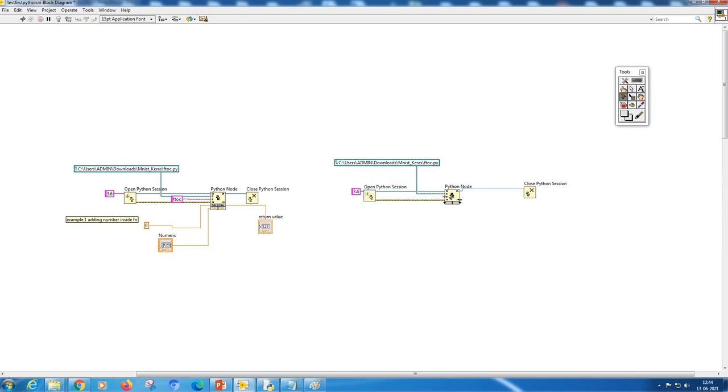Module name. Now you are being asked what the function name is. Right click, create a constant. The function name is f2c, with an argument.